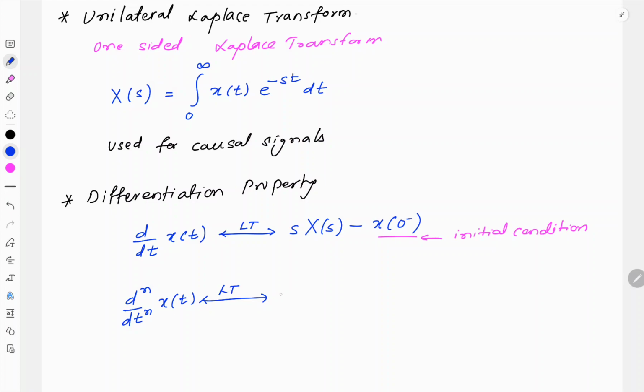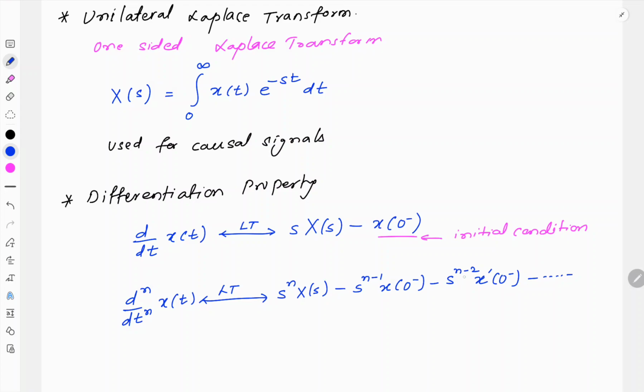See here carefully, the order of the derivative is n, so s raised to n into X of s, minus s raised to, so go on decreasing the power of s, n minus 1, x of 0 minus, which is the initial condition, minus s raised to n minus 2. Now take the derivative of this function x, represented by x dash of 0 minus, minus and so on, up to